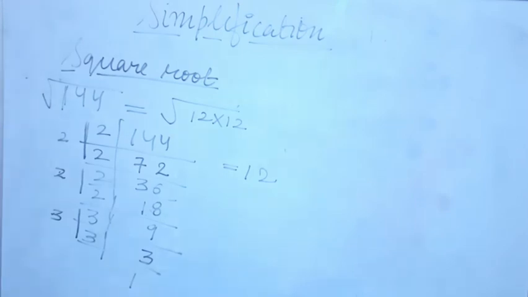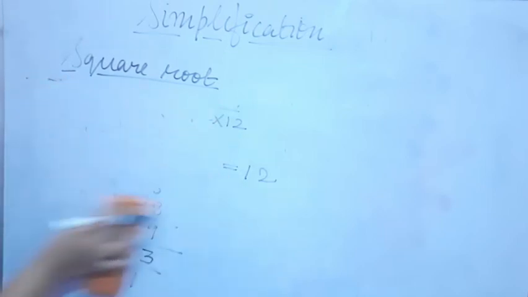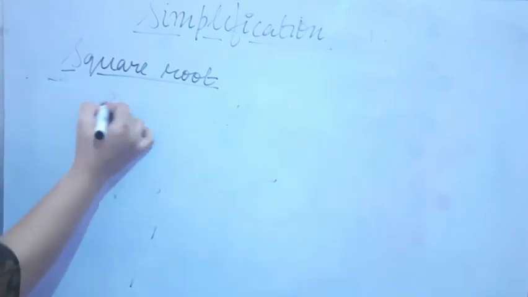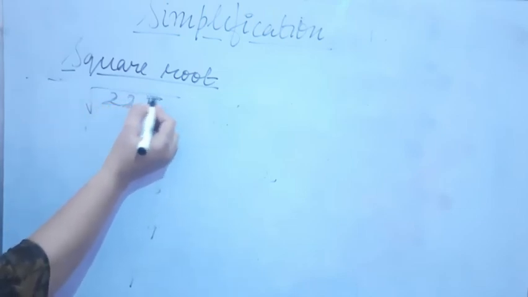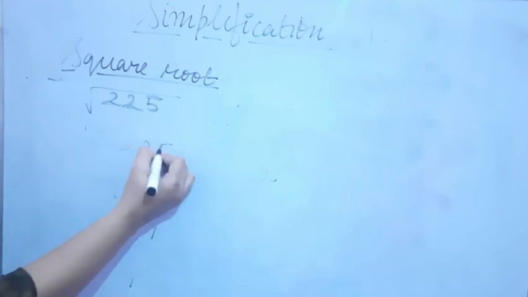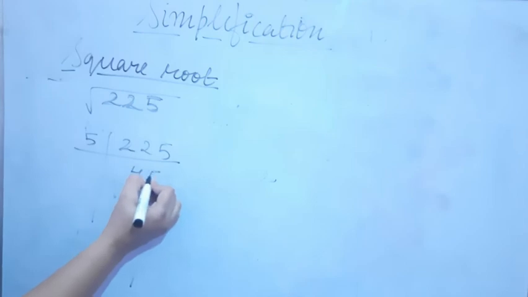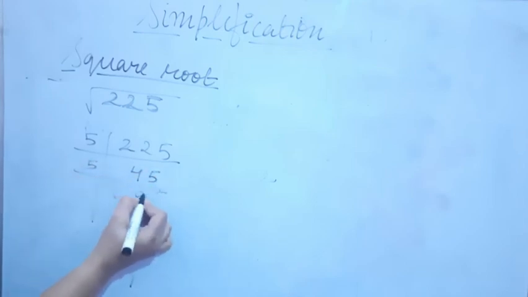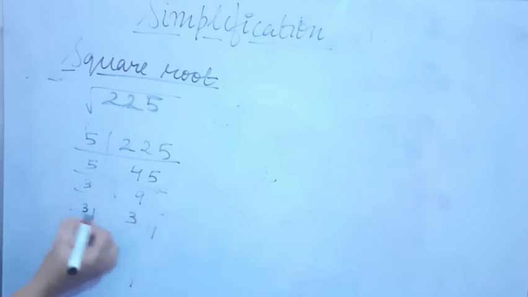I hope you must have understood about the square root. I will be taking one more example so that it becomes even clearer to you. So my next example is 225. Under root 225. How will we find out that? So take the LCM. We have to begin with 5. 5 4s are 20. 5 5s are 25. Again 5 9s are 45. Then 3 3s are 9. 3 1s are 3. Again we have to make pairs.